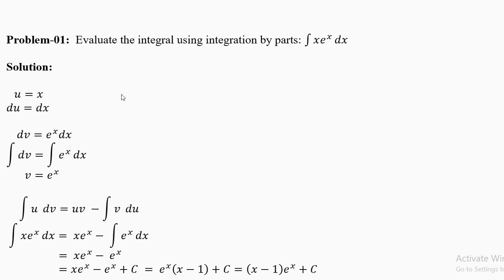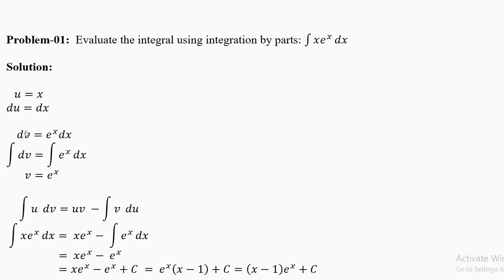Now how do you decide which is u and which is dv? For u, the convenient choice is x power n. It works most of the time, and in some cases it does not work. We'll discuss those as time progresses in this video. For example, for ln x, logarithm natural, we will not make this choice and the choice will be different. And dv equal to some function which you know how to integrate.